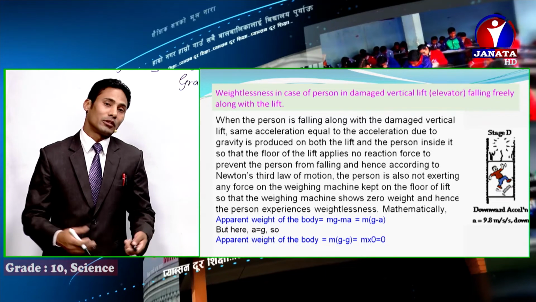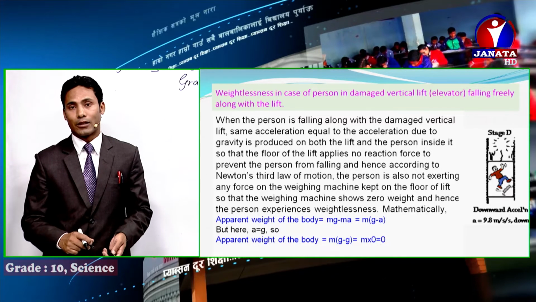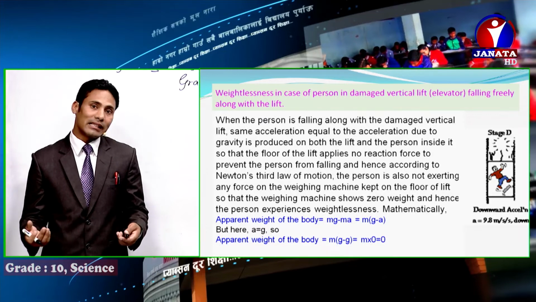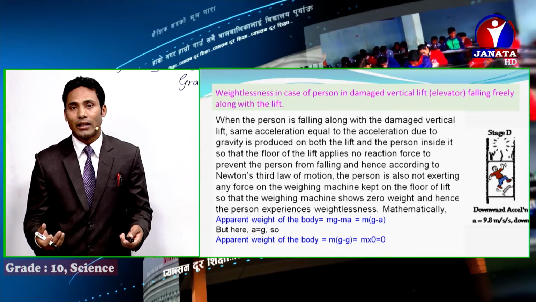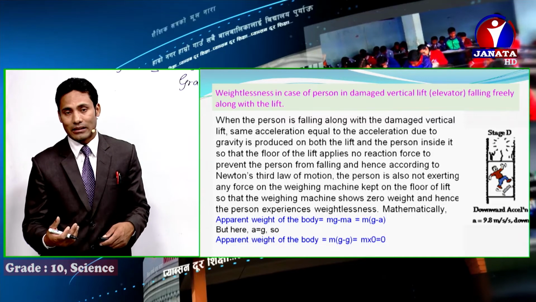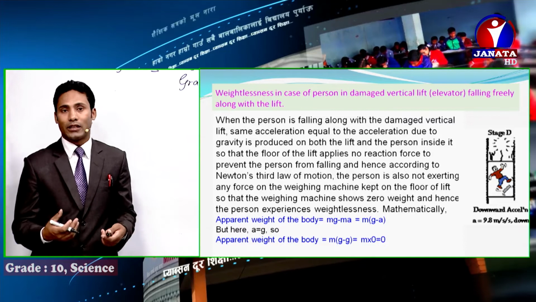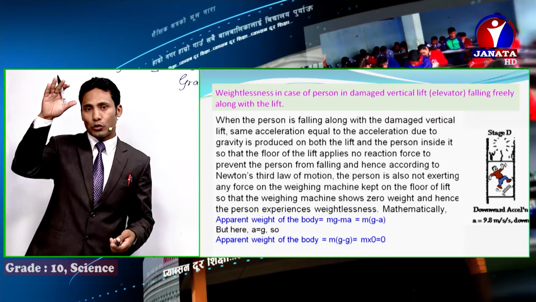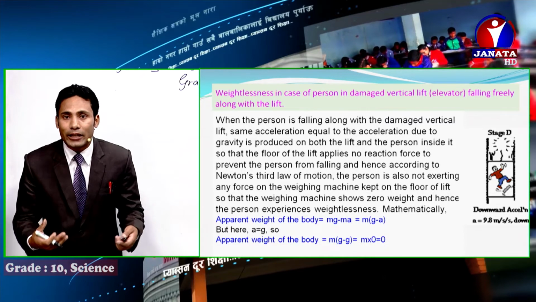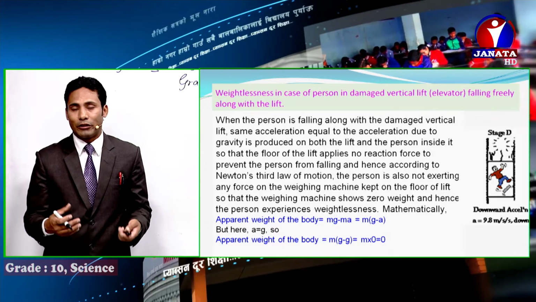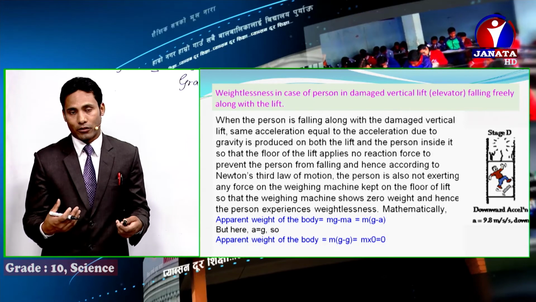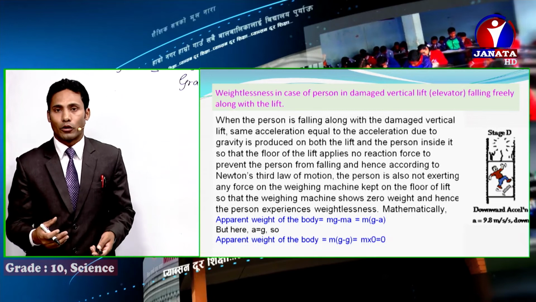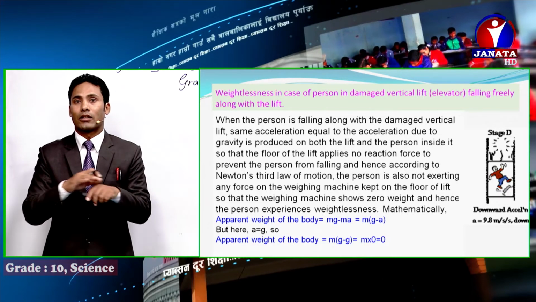Now, we might have traveled in an elevator, also called a lift, whenever we are in a shopping mall. In those places, there may be an elevator or lift, and we may travel in it, isn't it? So during travel, when the lift moves from up to down, we get a little scared, isn't it? We feel fear in that condition whenever the lift moves from up to down, because some weight gets lost there.